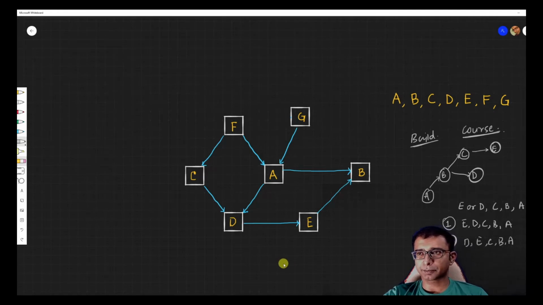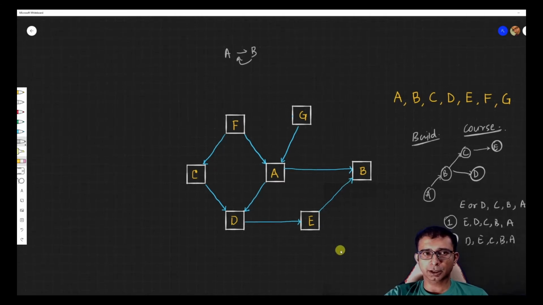First, if it has a cycle, then it's never possible for us to resolve that dependency. Just imagine a scenario where A depends on B and B also depends on A. Which one would you do first? So there shouldn't be any cycle. Over here you see that F has a dependency on C and A, but it's not causing a cycle. You cannot come back to F. If I start from F, there is no way for me to come back to F. That means this doesn't have a cycle. That's the important part, that your graph should not contain any cycle.